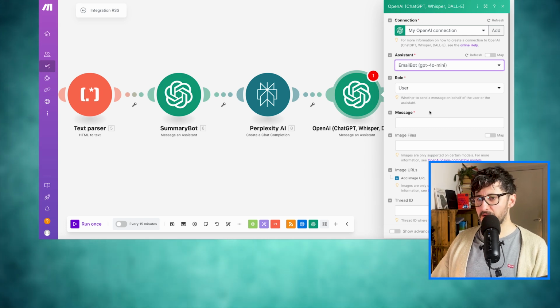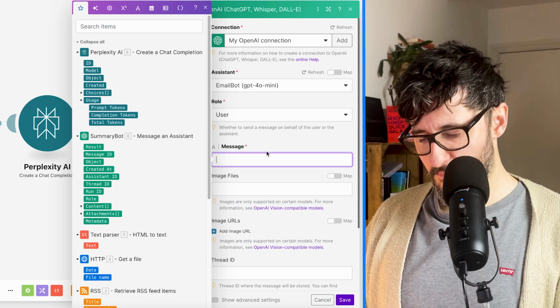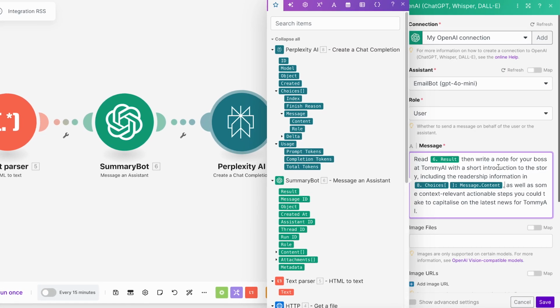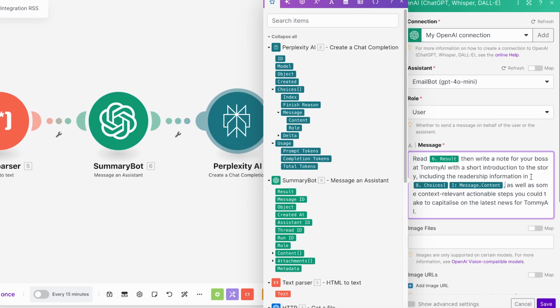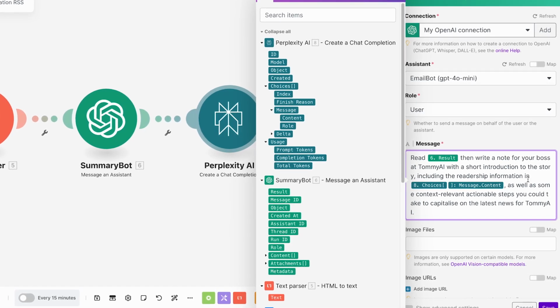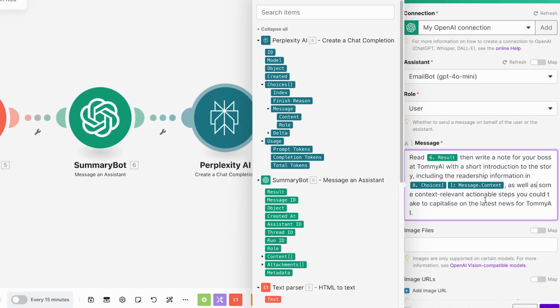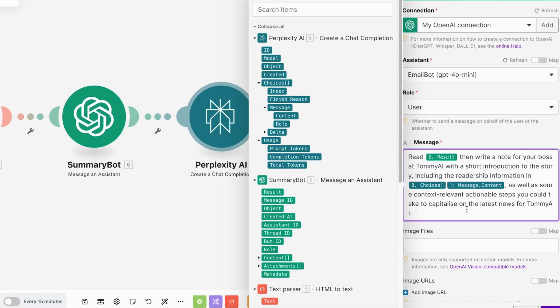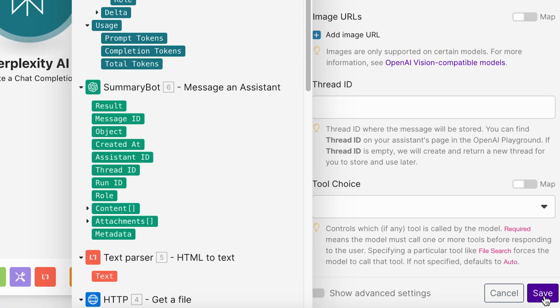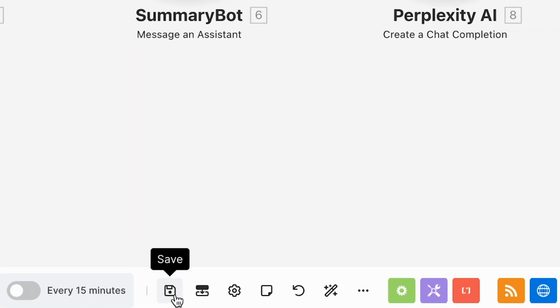So if we go into message, what we're going to say is read the result of the summary bot, then write a note for your boss at Tommy AI with a short introduction to the story, including the readership information in Perplexity, as well as some context relevant actionable steps you could take to capitalize on the latest news for Tommy AI. So now we're going to hit save, and then we're going to hit save on the full automation,